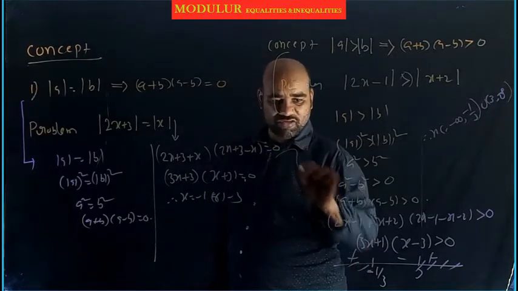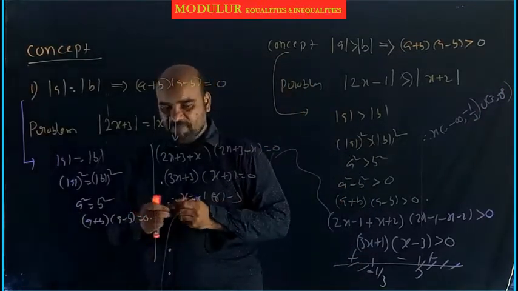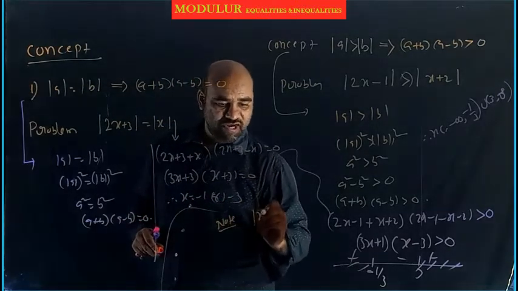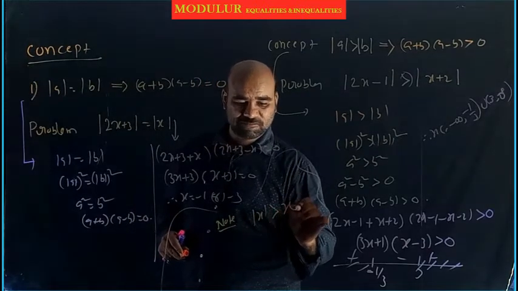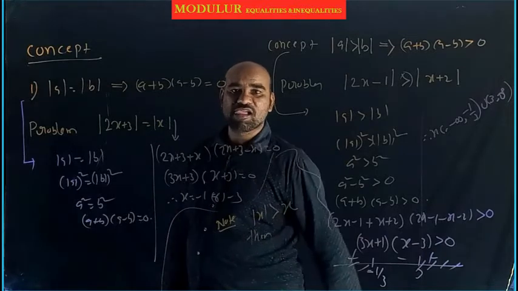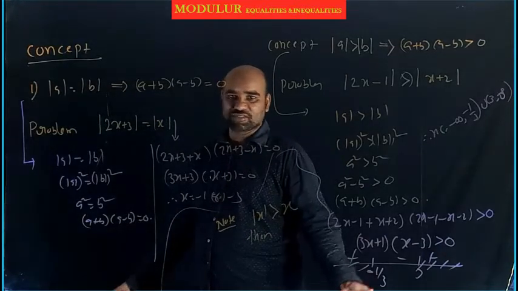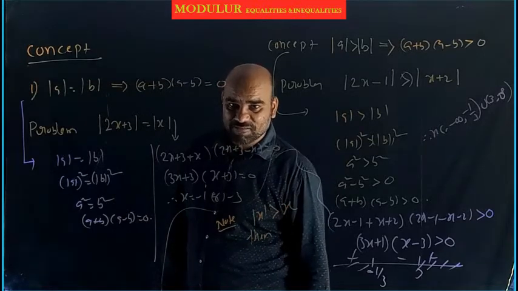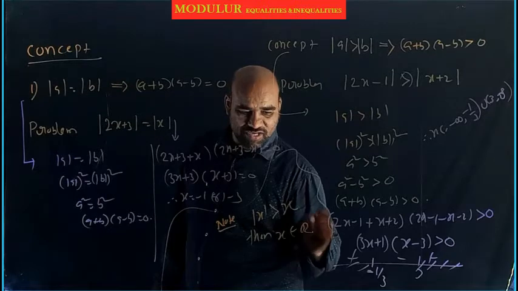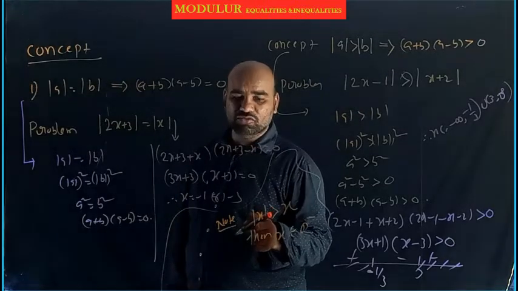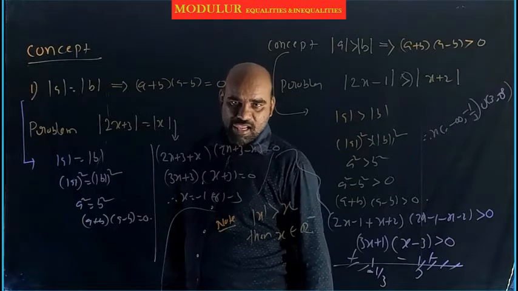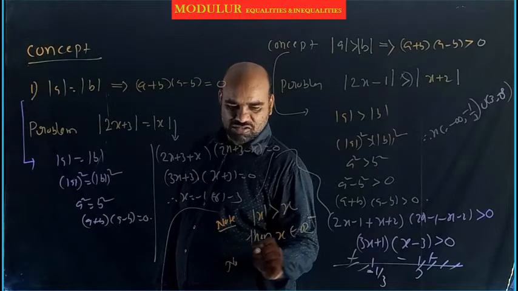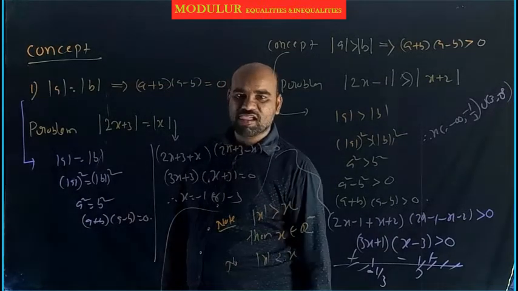Another important note I want to write here. Note: mod x greater than x. Then what is x? Here x means real numbers. You are searching for real numbers only, no? Mod x is greater than x, then I can say that x is a negative real number. Then x belongs to R minus. Observe, you take minus 2. Mod of minus 2 is 2, which is greater than minus 2. Only a negative real number will satisfy this condition. Next note: mod x lesser than x, no real x.